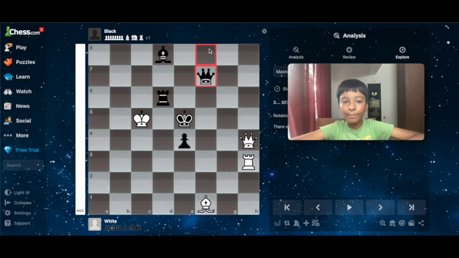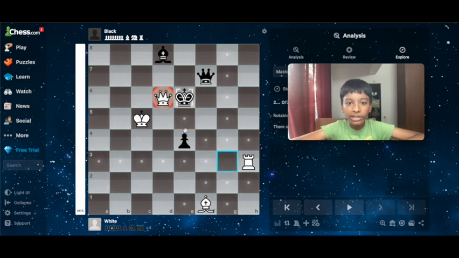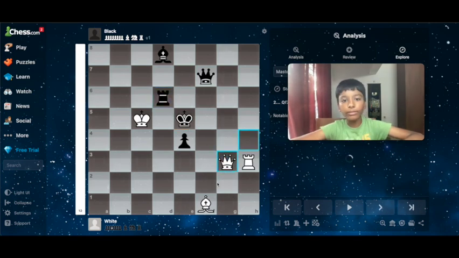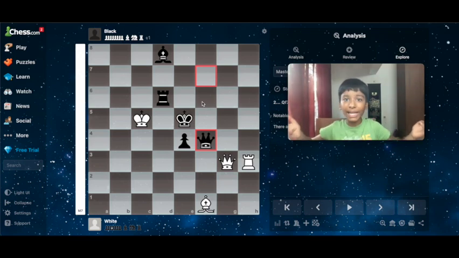Alright, so black just played queen f7, and we can play here queen to g3, making a skewer. Now when black's king moves, we can just take a free rook. Now, here's where the elimination of defense comes in. Black will block with their queen over here, saving their rook. This is the best move, right? Wrong. What can white play now? In this position, we utilize the second way of removing the defender, chasing away.